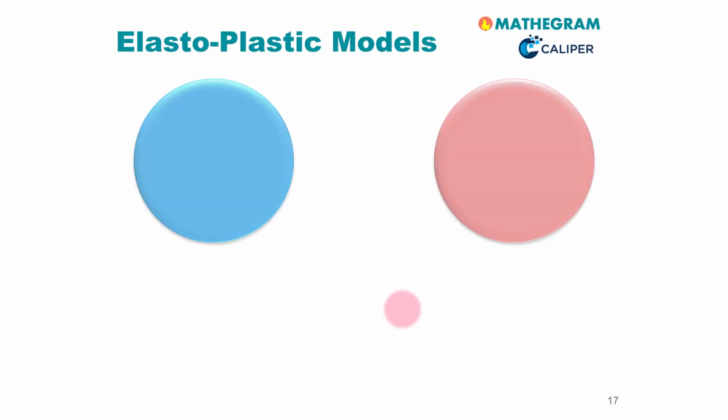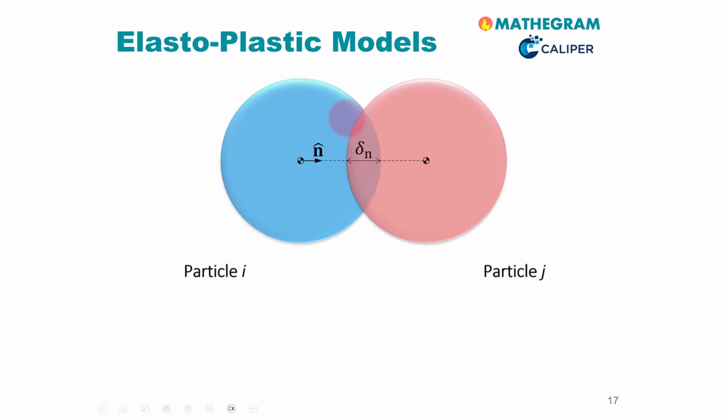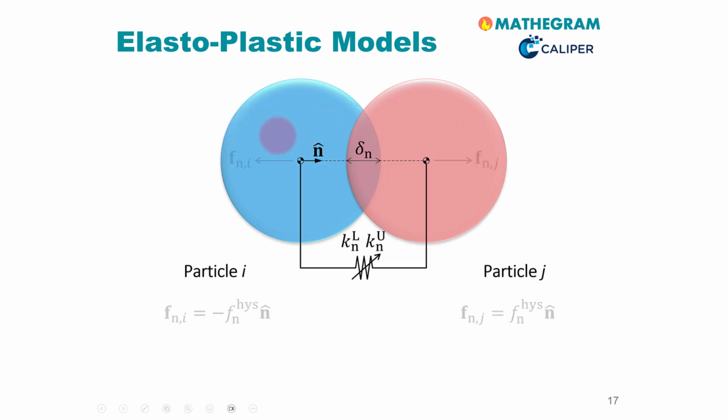Welcome back to closures for the normal force. In the next 8 minutes, we will discuss the so-called elastoplastic closure models for the normal force. Again, you see these two particles approaching each other. We have this normal overlap, and at the core of these elastoplastic models, we just have a single spring element